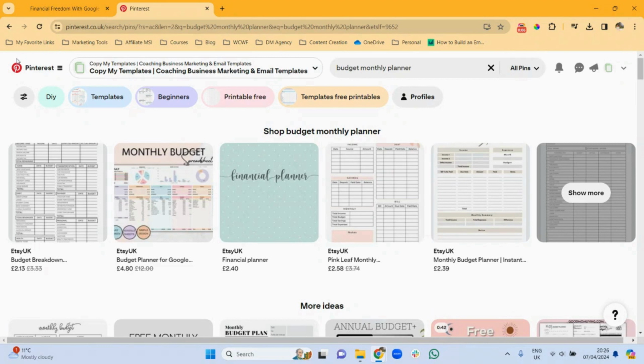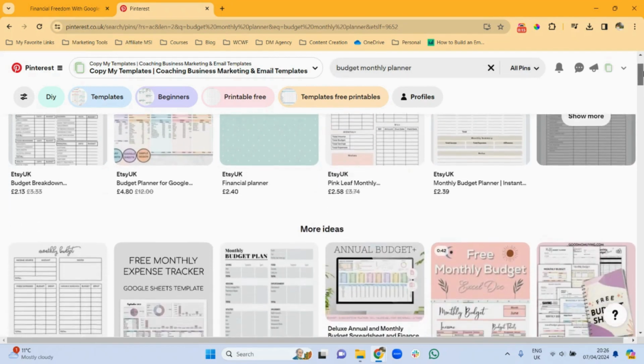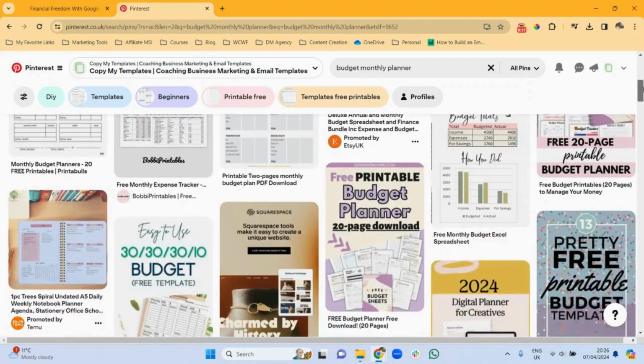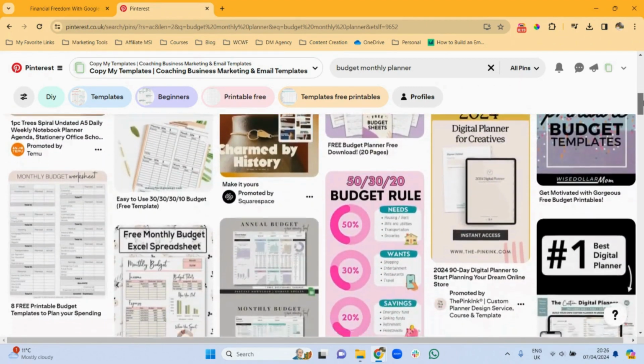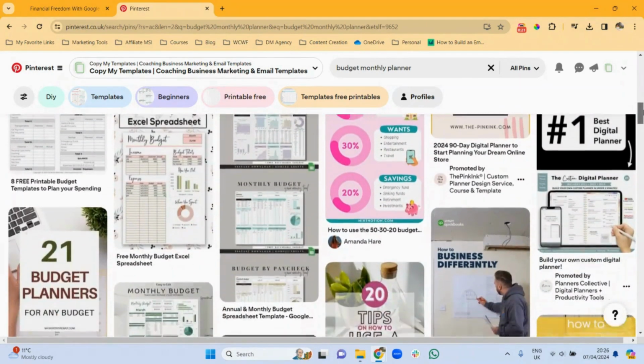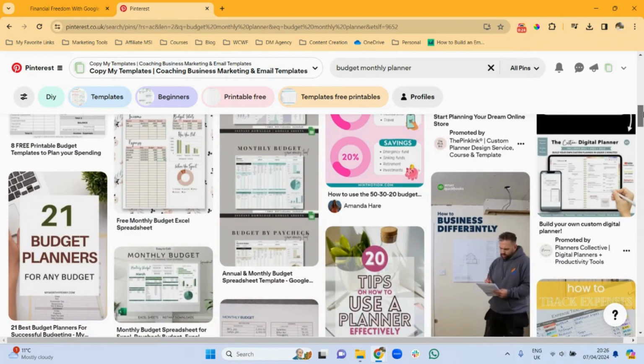Now, I am here on Pinterest, and all I've done is I've searched in the search bar budget monthly planner and see what ideas there are for this keyword on Pinterest. And as you can see, there are several people who are promoting their budget monthly planners.